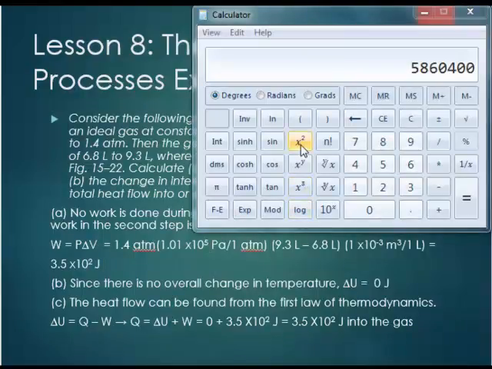So we can calculate this out as, if I clear this out, 1.4 times 1.01 exponent 5, right, so 1.414 times, you can do parentheses, 9.3 minus 6.8, okay, equals, and then you're going to divide by 1,000 here. And again, like it says, 3.5 times 10 to the 2, or about